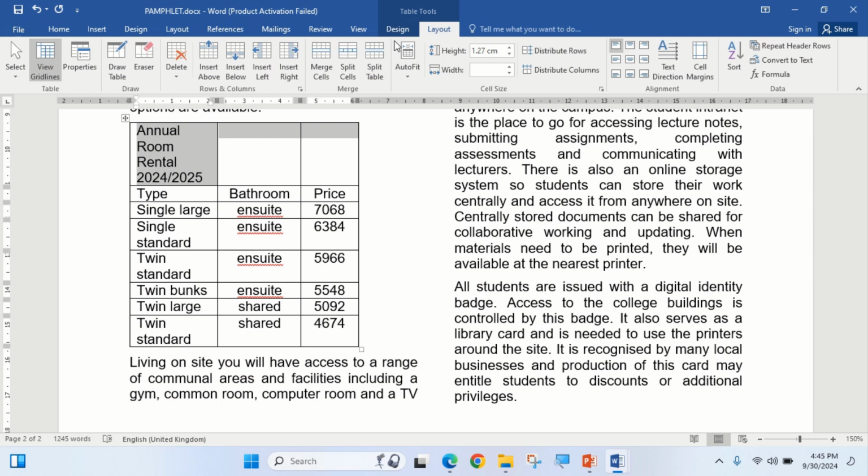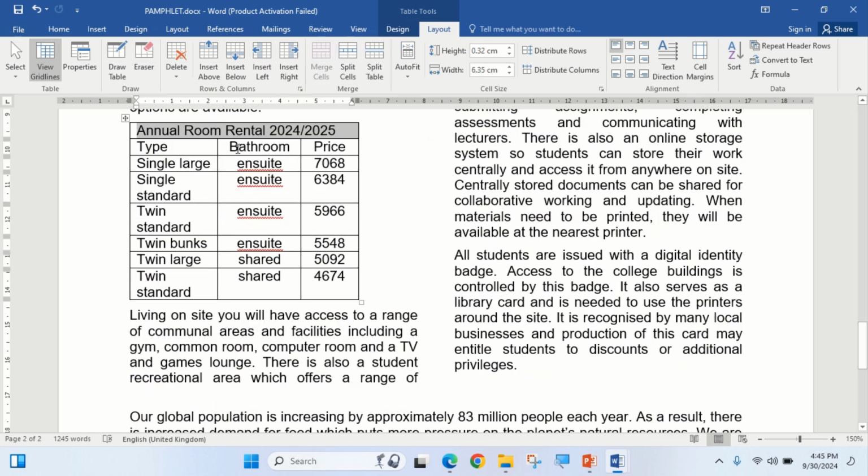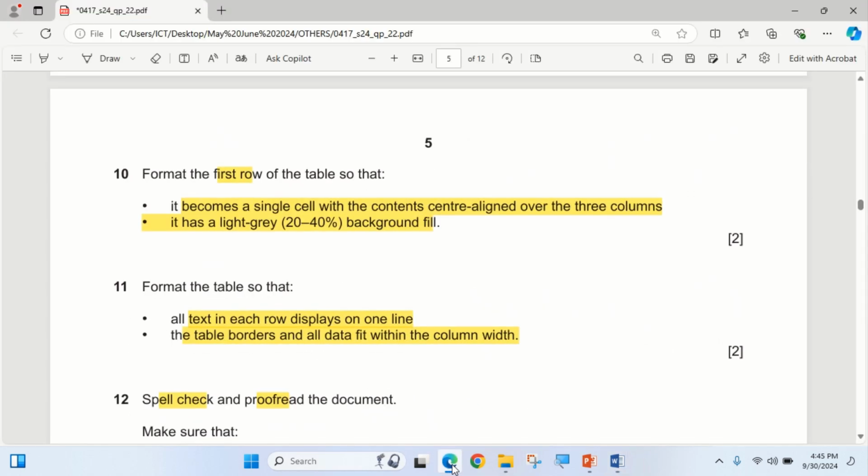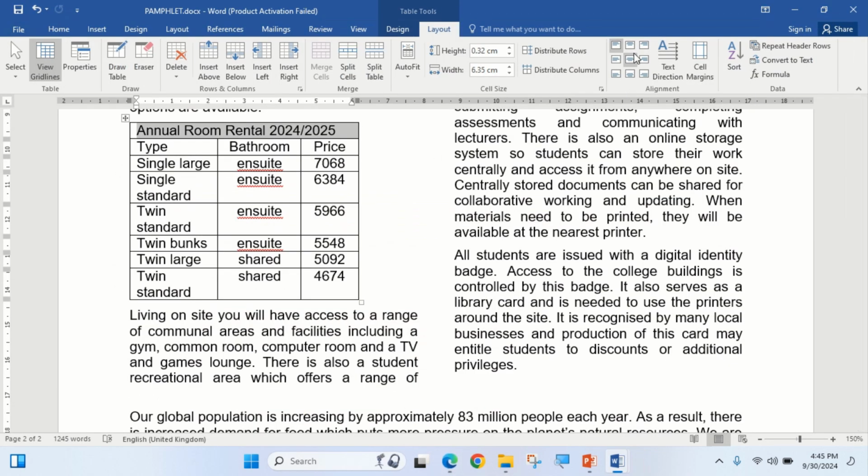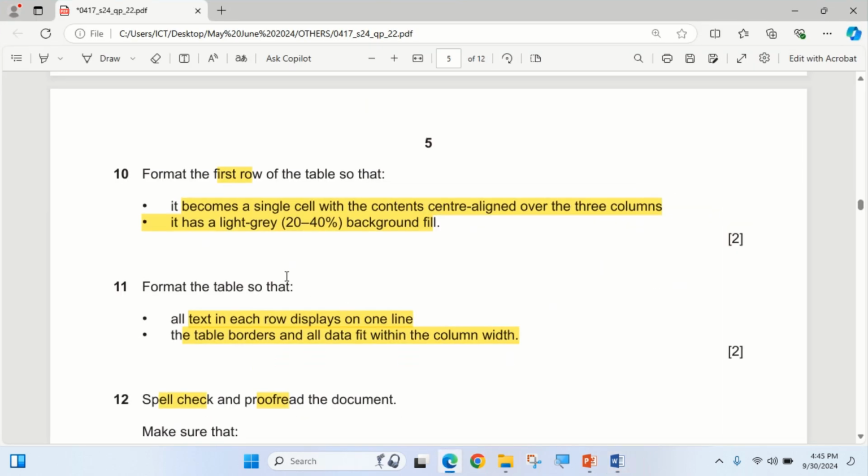You still see that under layout, merge, and after merge, then you make it center align over the 3 columns. That's the center align. Look at center align, align center. Okay, you see that over the 3 columns. Then the next one is it